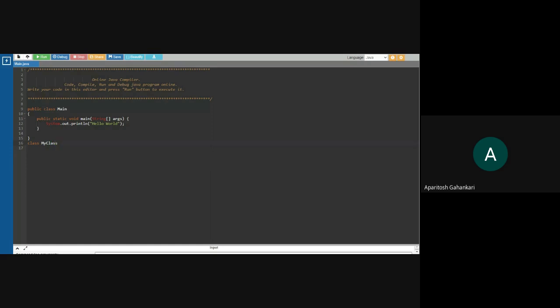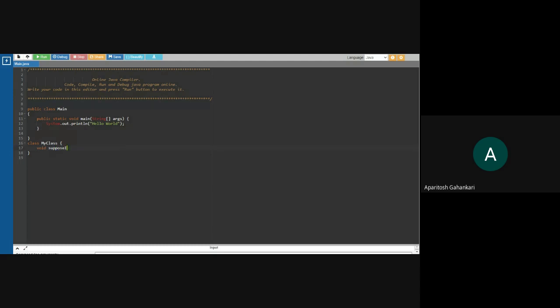Okay, so this should be the fashion. But if I want to name a method, then I should use camel case. Now, what do you mean by camel case? Suppose I want to declare a method, so I will be naming the method as